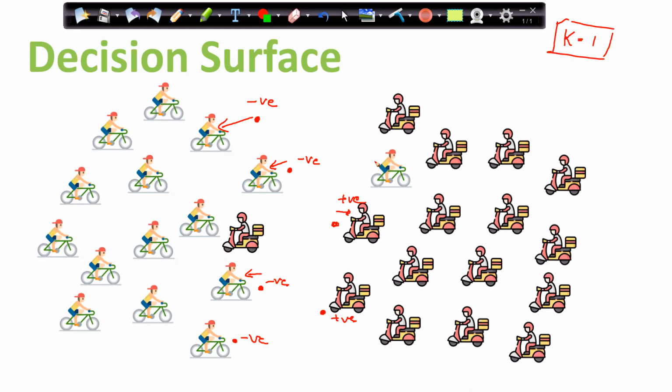But now if I come here, then the nearest point is this guy. That means this is negative, right? If I come here, still this point is near, so negative. If I come here, still negative.